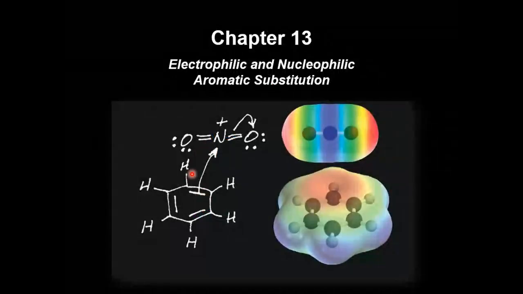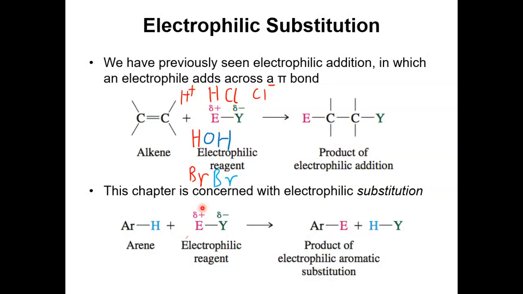Because the double bonds in the benzene ring are much less reactive, because those double bonds are part of an aromatic system. They are stabilized to a great degree, so they don't want to react. If you really have a very powerful electrophile, the reaction could happen. And in that case, it's not an addition reaction, which is what you could expect from a conventional C=C double bond. Instead, it's a substitution reaction.